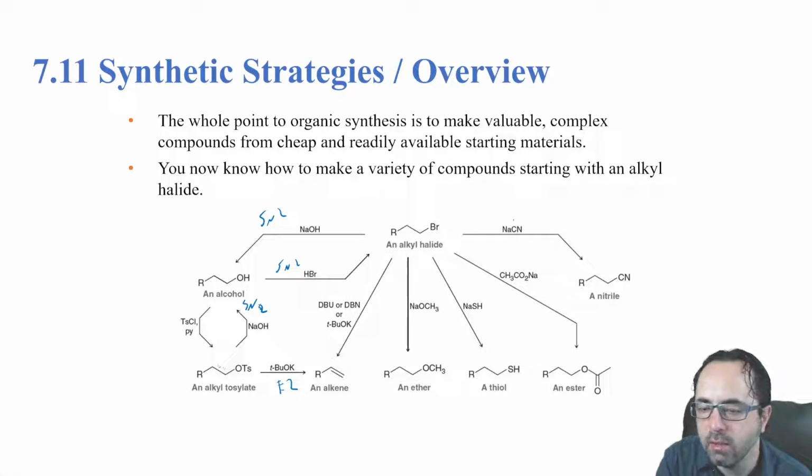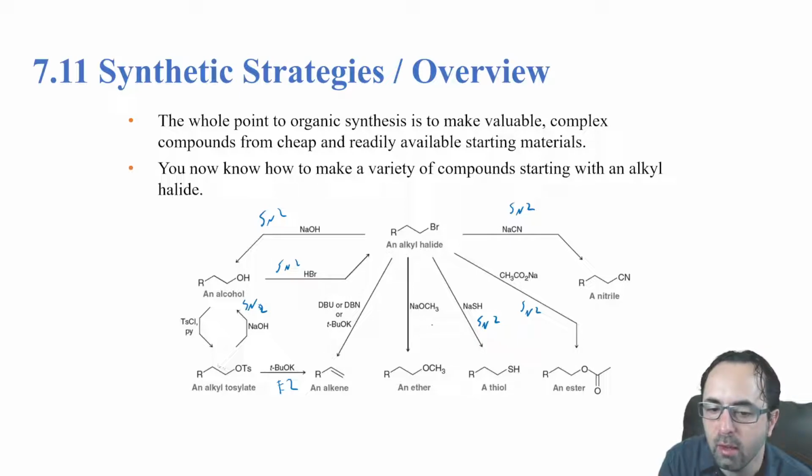For cyanide here, cyanide is also a great nucleophile, and so it can undergo an SN2 reaction here and make a nitrile, as they're called. If you have a nucleophile that's a carboxylic acid, you can have a substitution that will produce an ester. This is something we'll see later on, so this would also be an SN2. Here we can have a hydrosulfide, which will also undergo SN2 and make a thiol, or we can have an alkoxide ion, which will act as a nucleophile and replace the bromine, and we'll have an SN2 reaction,